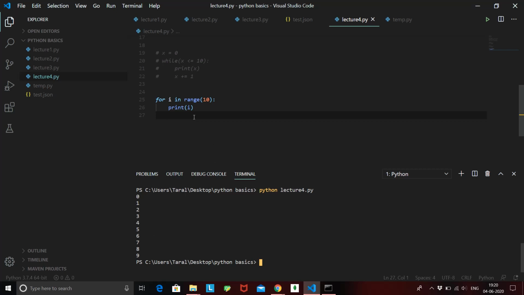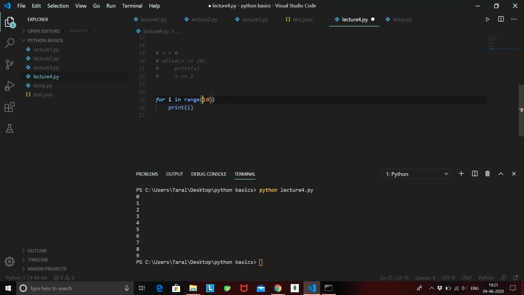I told you yesterday, the range variable will always exclude the upper limit, and we didn't give two values over here because the range variable will take the default starting point as 0. So I don't have to write here 0 to 10. This is how we write a range, but the range function will automatically take the first value as 0.